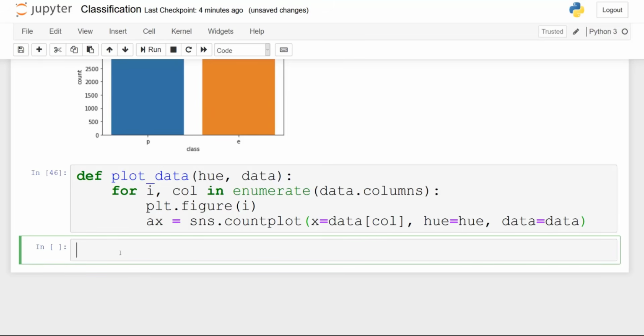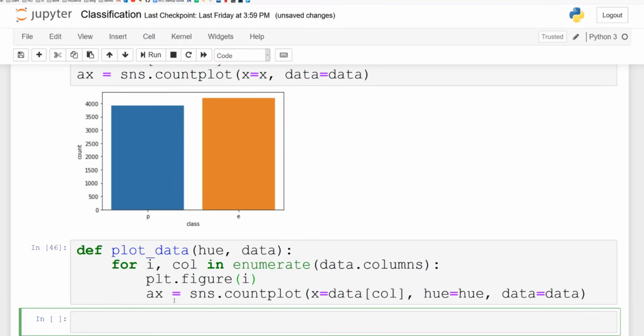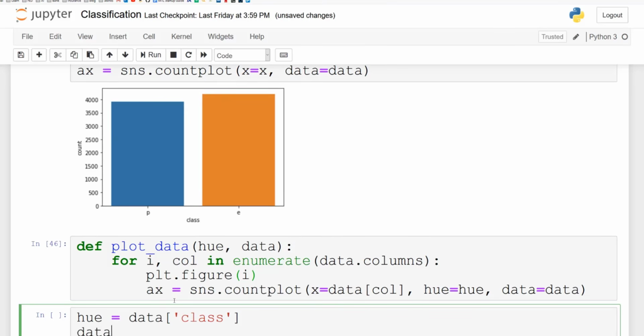Now I'm going to show you how you can use this function, but I am not going to run it because this will actually run for all the features of the dataset. So it's going to generate a lot of plots. So I'm just going to show you how to use it, and you can run it on your notebook if you want. So you set the hue equal to data class. So that means that you're going to have 2 colors, right?